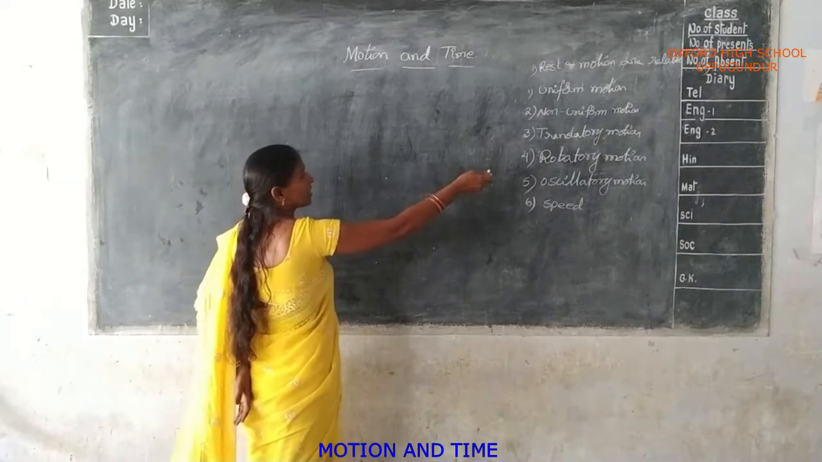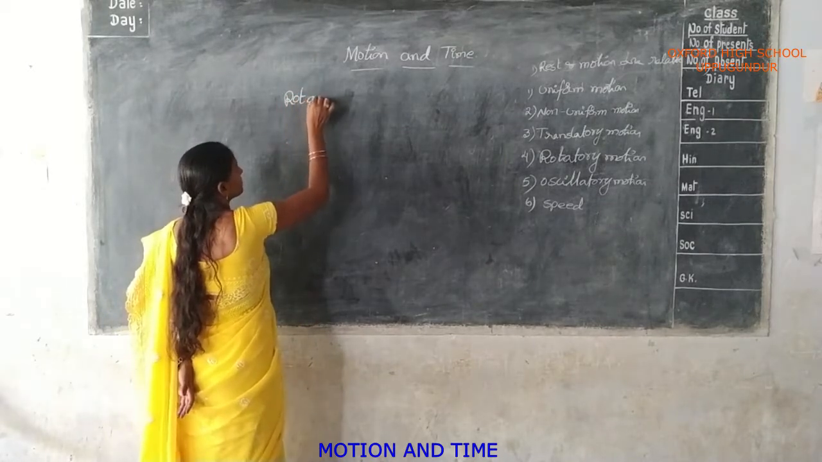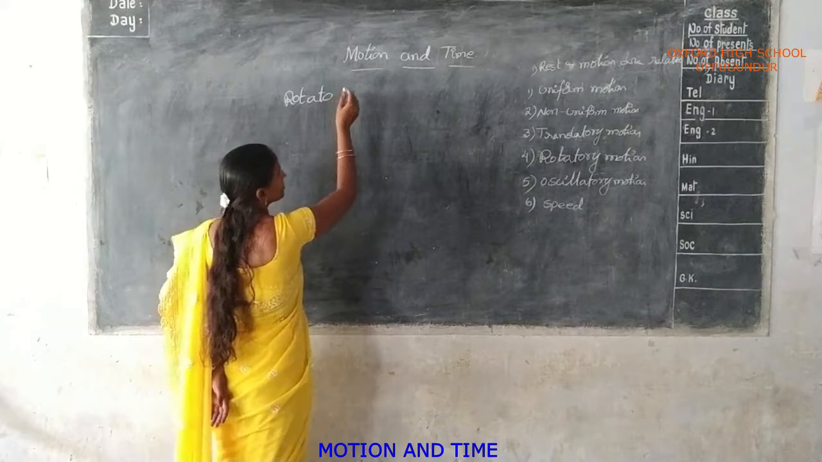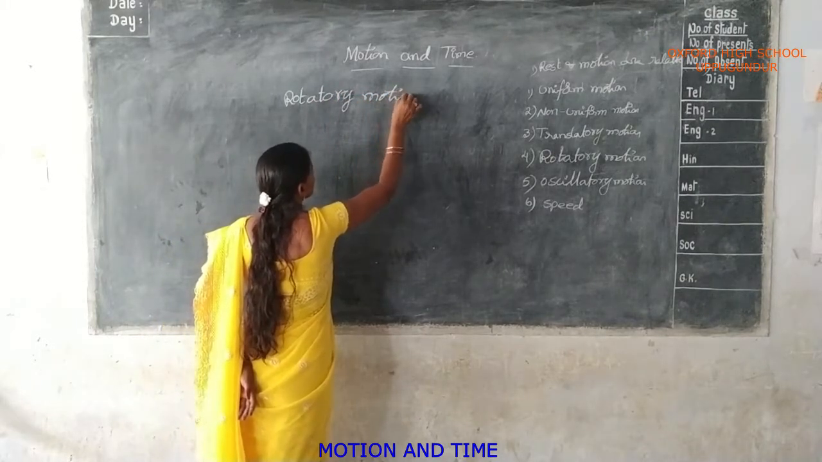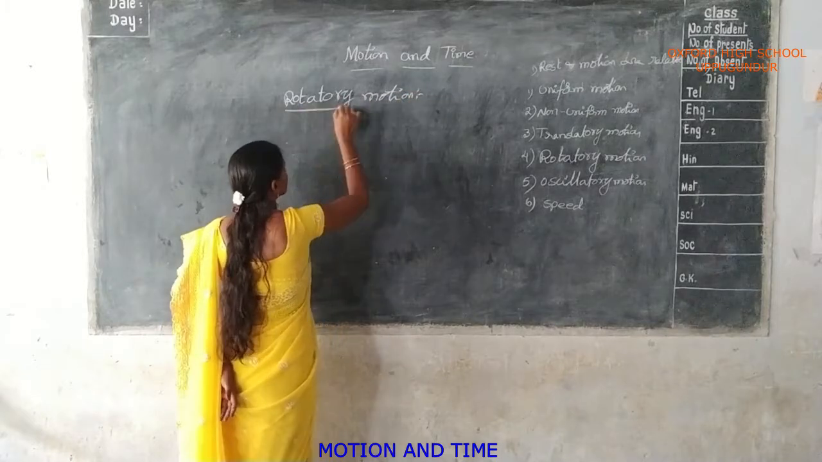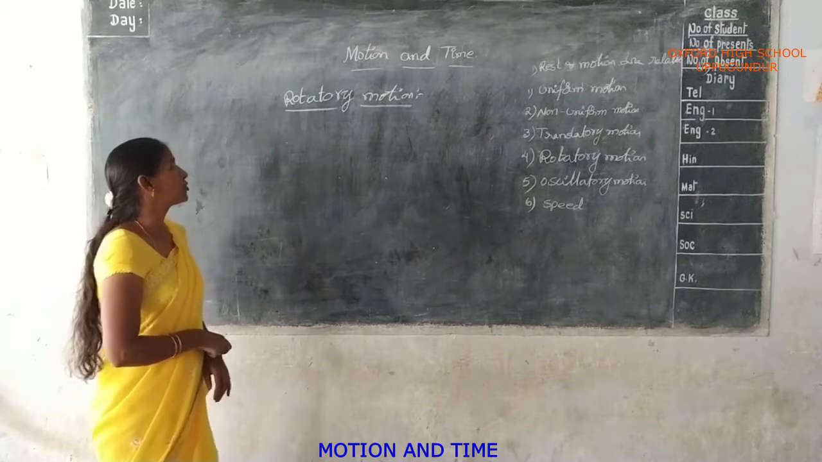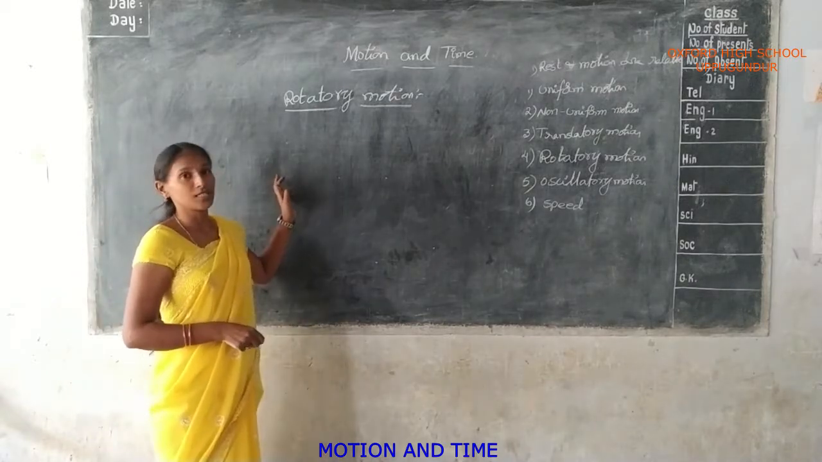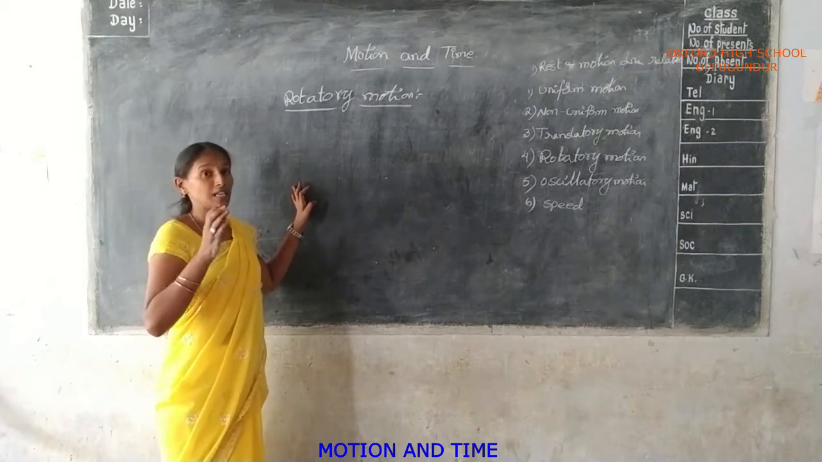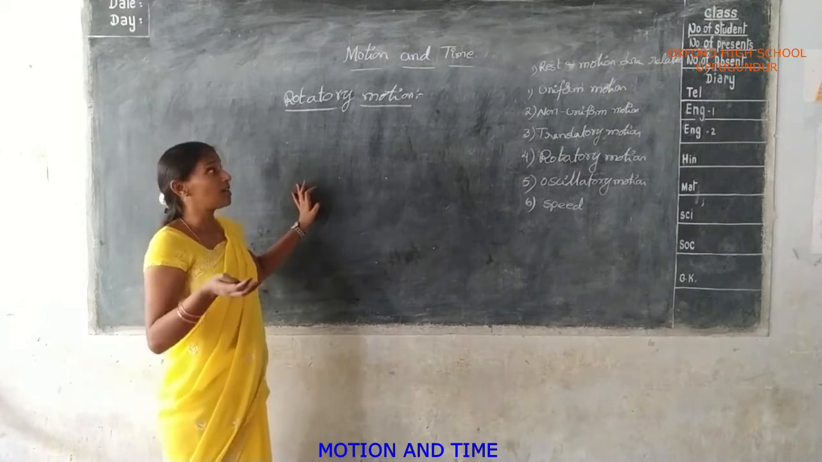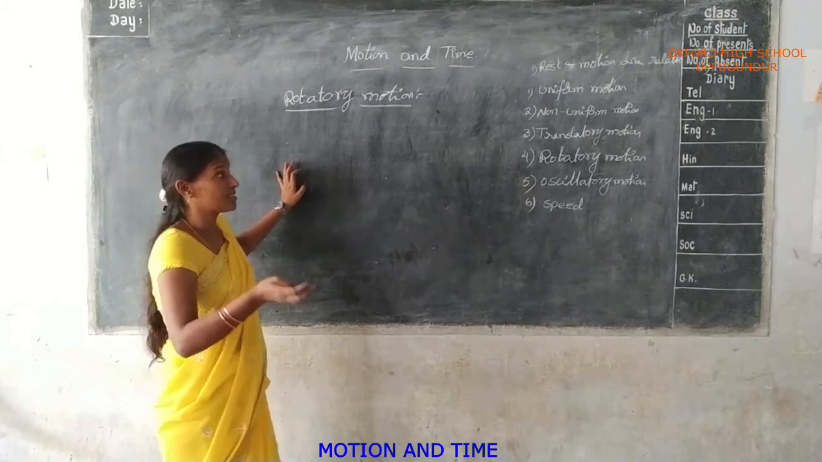Let us discuss rotatory motion. Rotatory motion means that all the particles of the object are moving in a circular path along with the center, and that is the axis